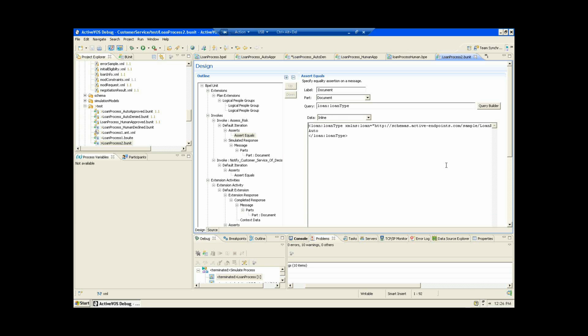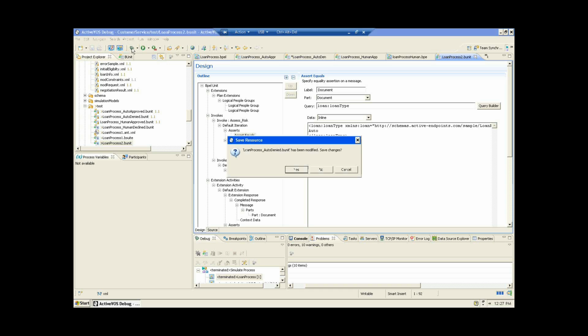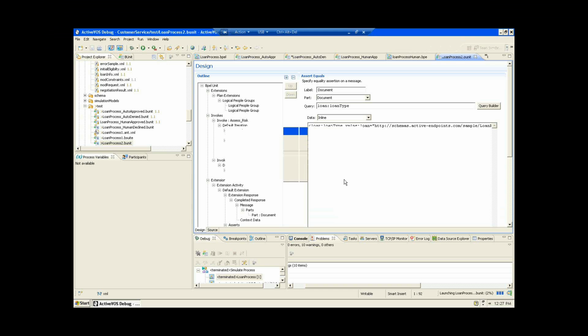Now it's starting to get to be a little bit more of a reusable test that will continue to work even as I make changes to the process. To actually run the process, and actually you might not want to just run the process, but you might want to actually debug the test, because if it doesn't work out, you want to figure out why. So over here you've got this little debug symbol that says run the entire test,